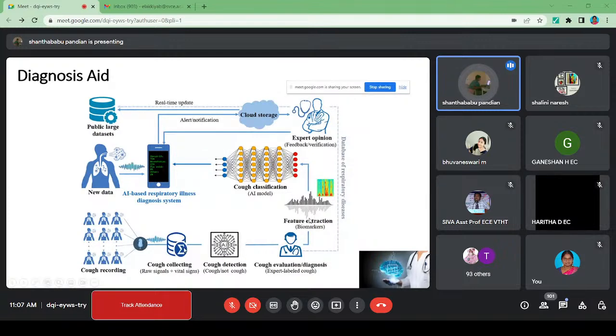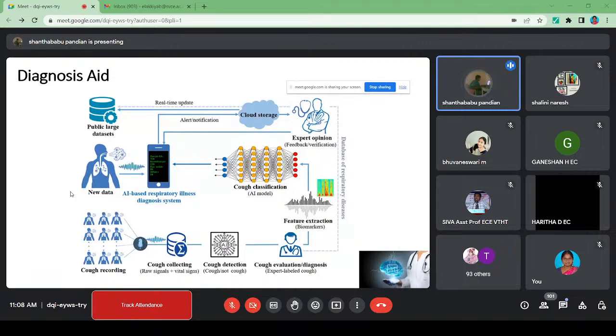So the feature extraction. Basically, this cough classification by deep learning is a very inner part. If you want, we can go further at a later point of time. So the expert gives an opinion on what kind of treatment we can take up. This is a simple block diagram for understanding the diagnosing of the cough and the overall picture. This is a very important thing actually.